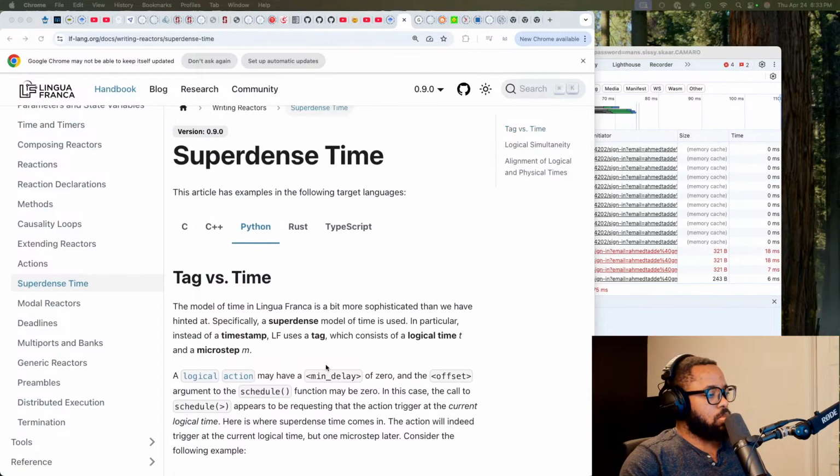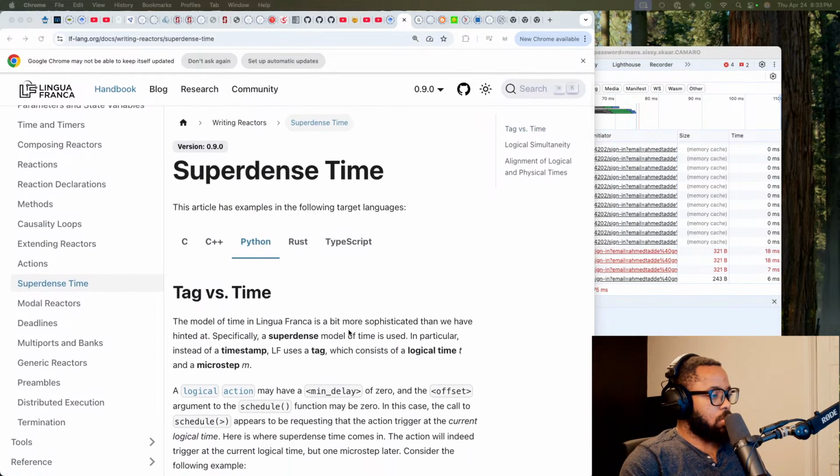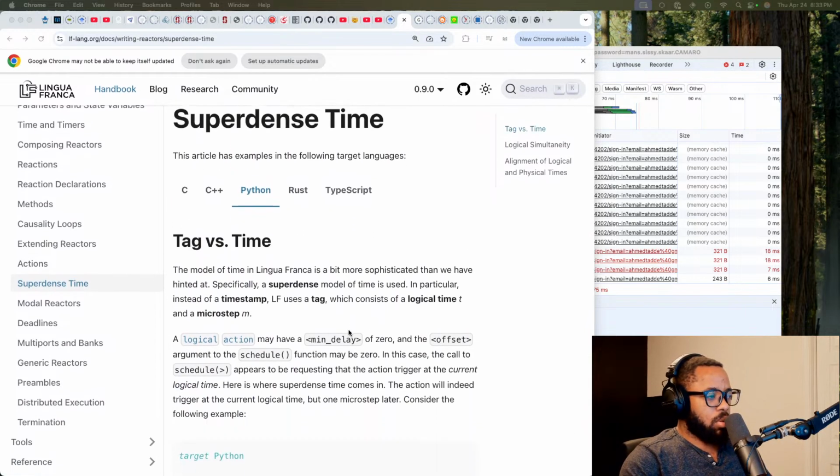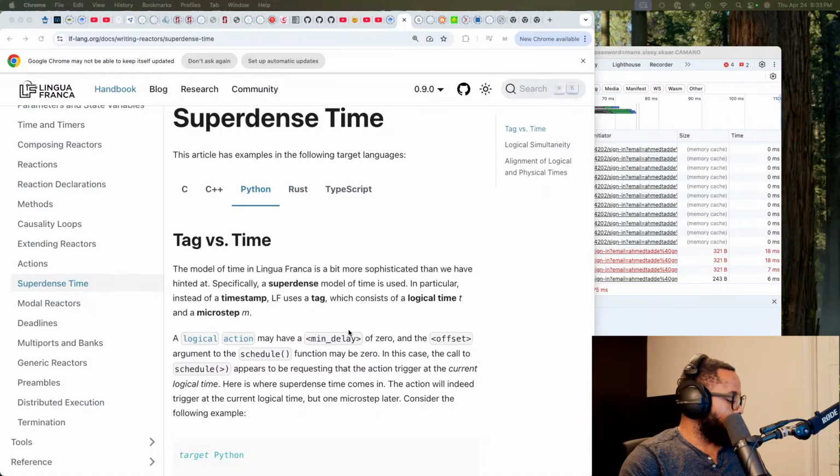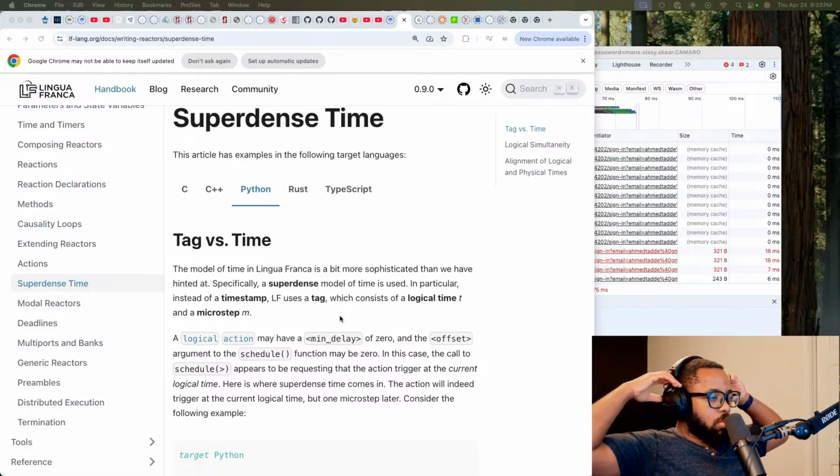Like right now, even though I just read through this, I don't think that I could give a correct explanation of the super dense model of time.